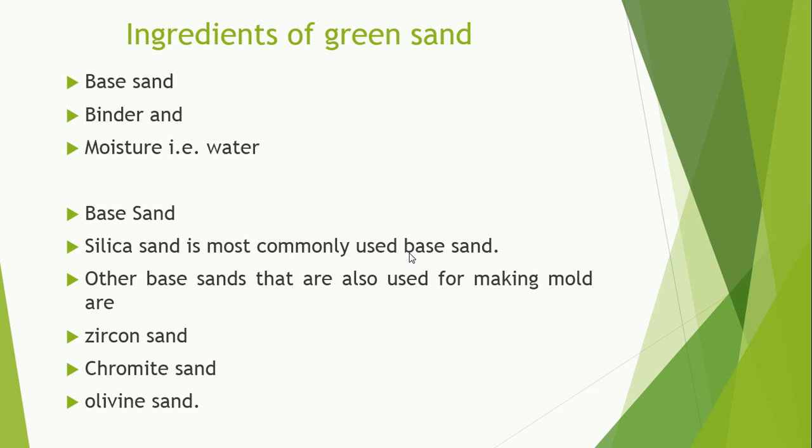Base sand, generally we are using silica sand because it is the most commonly used base sand. It is naturally available at many locations, so sources are more for the silica sand. Other base sands which are made in the industry are zircon sand, chromite sand, or olivine sand. They are also used, but rarely, but mostly we are using silica sand to prepare the green